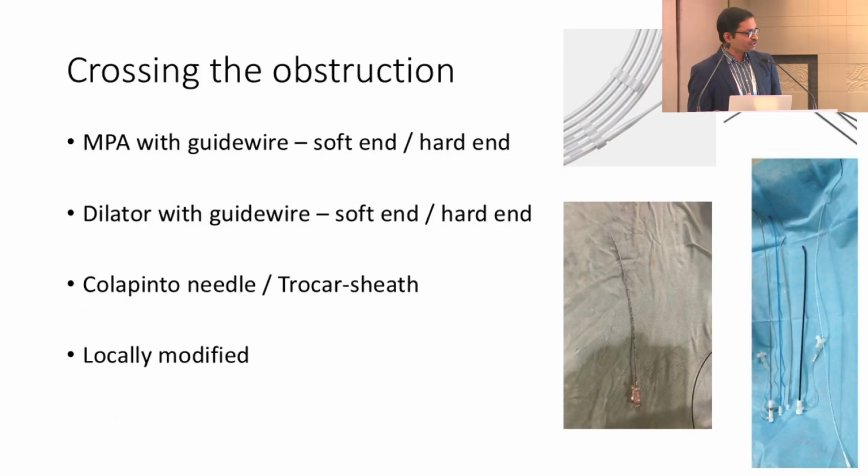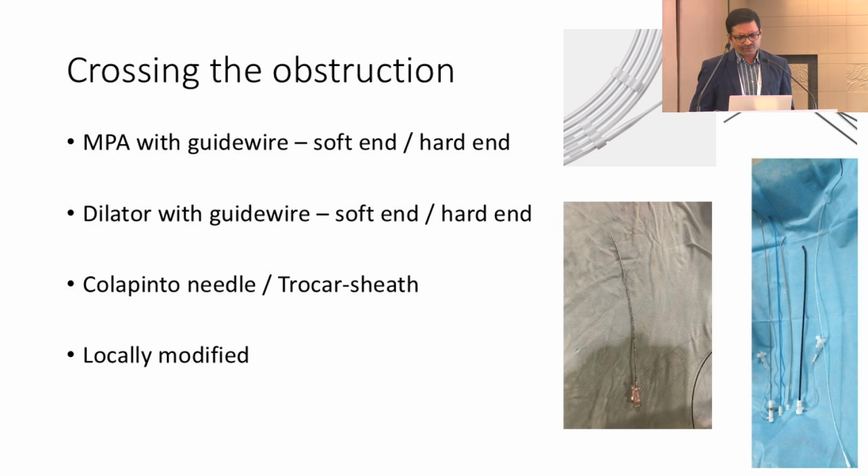So the next step is the crossing of the obstruction. We use all combinations to cross the obstruction. We usually start with the soft end of a wire, but because all these are fibrotic lesions, it's very difficult to cross with the soft end of a wire. So we often need to use the hard end of the wire. Again, using ultrasound, once we are confident that the puncturing of the needle will reach the other end of the lumen, it's easy for us, and then we can use the hard end of the wire. We also take help of the dilator, because once we wedge the dilator against the obstructed point, it's easy for us to poke across the obstruction.